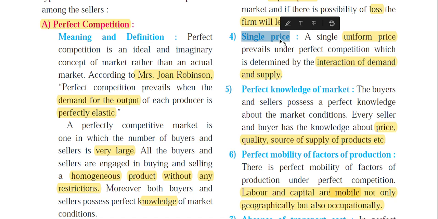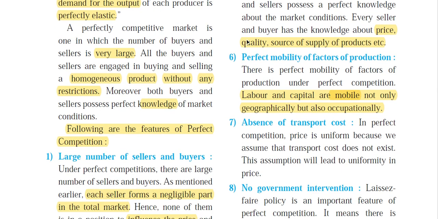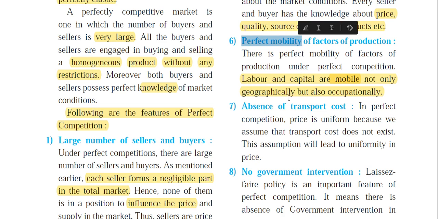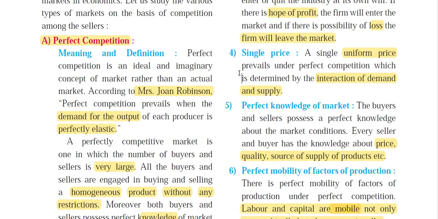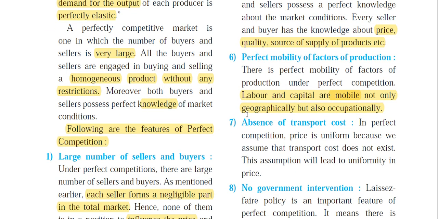That is, there will be a single price for all, because if one is producing at a further place, he has to incur transportation cost, and obviously if he is incurring transportation cost, he will regain that money from the buyer or the customer. So it is an important assumption that we are assuming perfect mobility of factors of production, and because of that there is no transportation cost. Just because of these two assumptions, we are getting a single price. So all the things are related to each other. If at the end of all the lectures you are not getting these head points, I'll help you out with them.